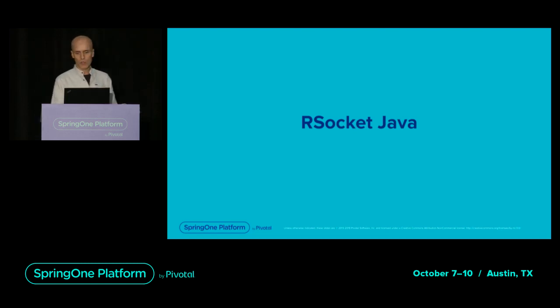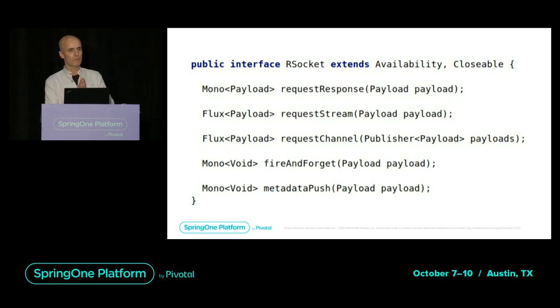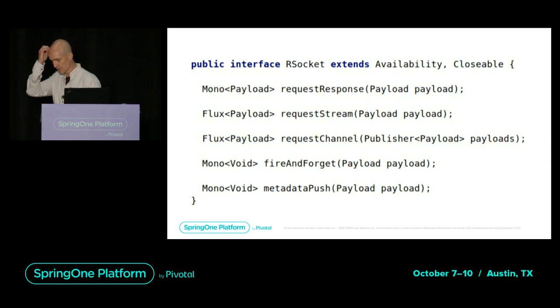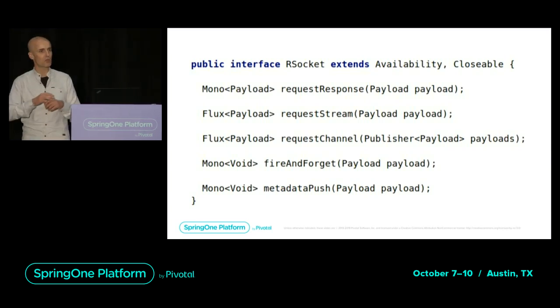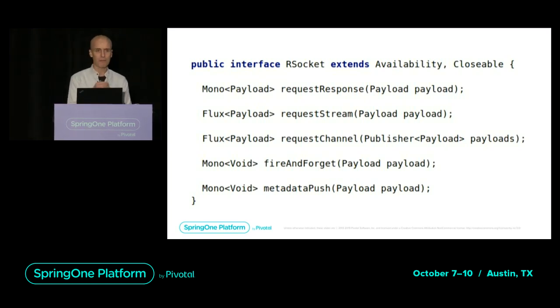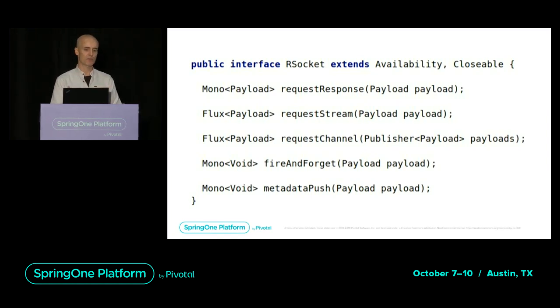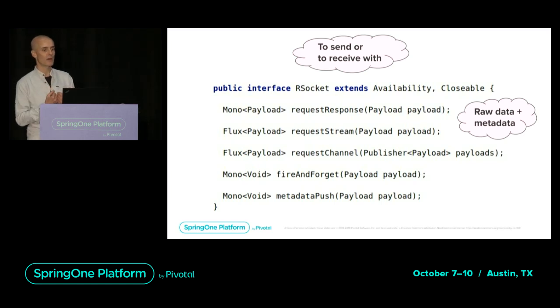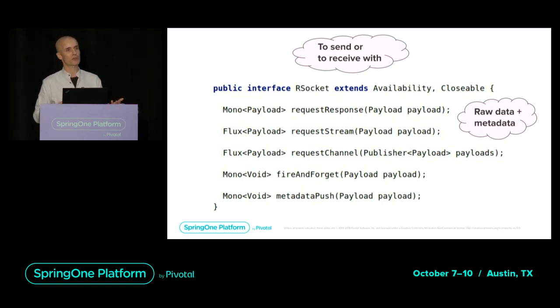Okay, so I'm going to talk a little bit about RSocket Java. The Java implementation for RSocket is very, very minimal in terms of API surface. Its main goal is just to implement the protocol. And as you can see here, we have one main contract that expresses the RSocket interactions. So we have request response, request stream, request channel, fire and forget. If we are going to be sending, then we get this RSocket and we use it for sending. If we're going to be responding, then we have to implement this interface and register it,